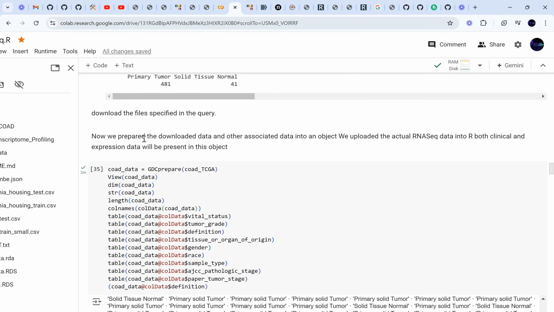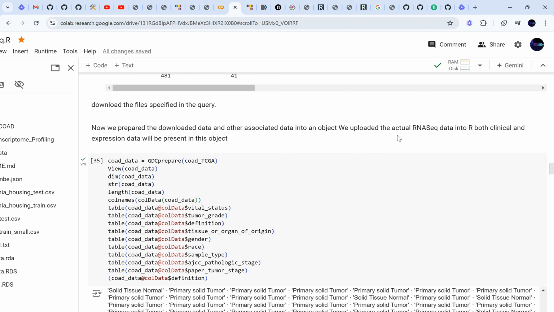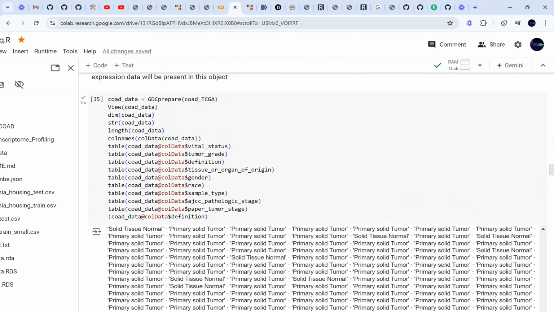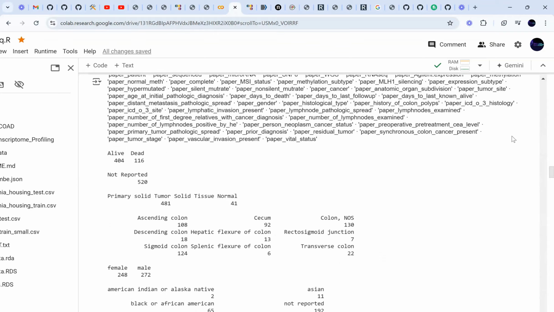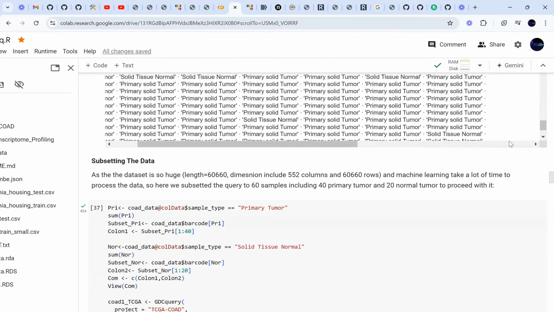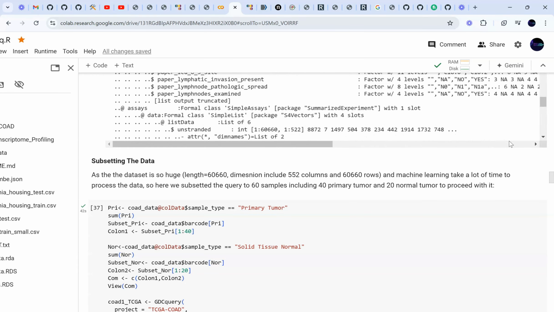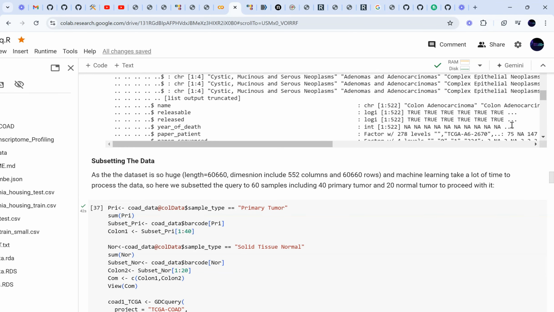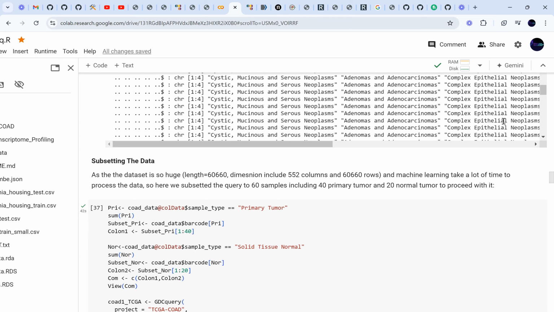Now we prepared the download data. Now we have to download the data. So here we will upload the actual RNA-seq data into R. Both the clinical and expression data will be present in the object. So I run this code, and here you can see all the data present in our colon cancer adenocarcinoma